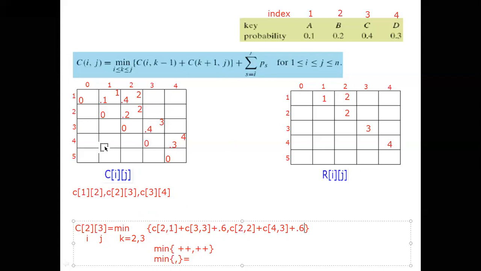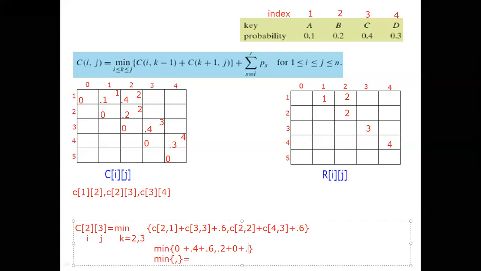First we will see C of 2 1. What is the value? The value is 0. We have to consider only the probabilities we have calculated. Now C of 3 3. It is 0.4. Right? Next value is 0.6, we already have. Next value, C of 2 2. What is the probability? 0.2. 0.2 plus C of 4 3. It is 0. This is the value 0.